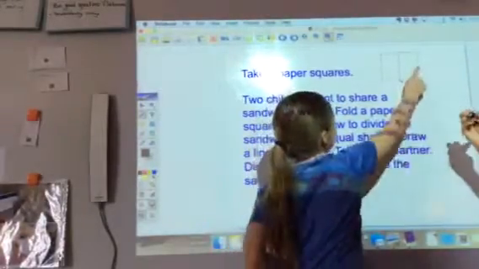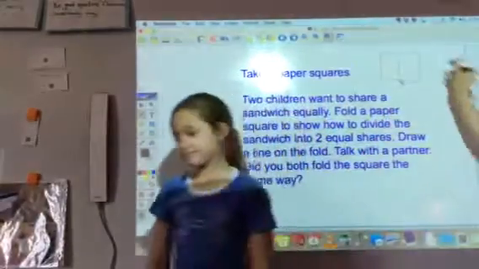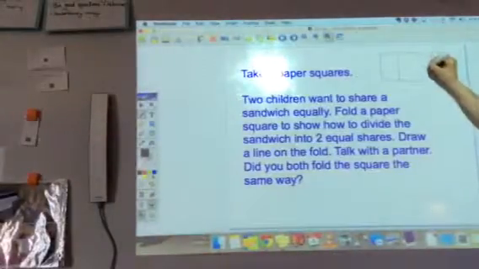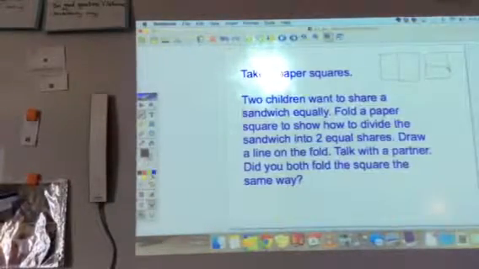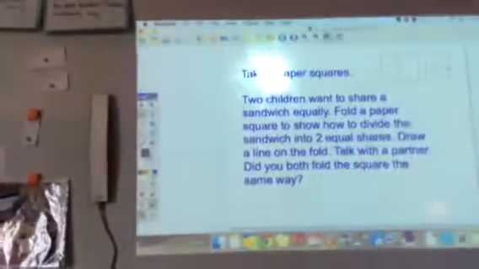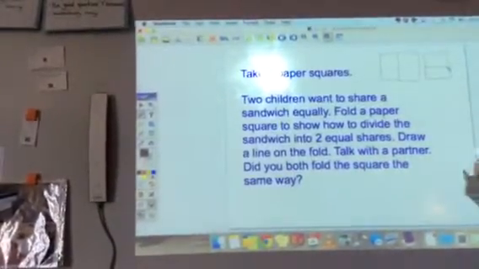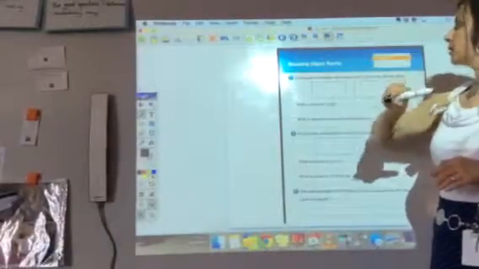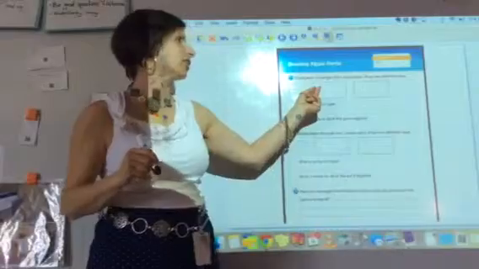Okay, so now go that way. You could go this way, she said, and it would still be 2 equal squares. Is she right? She is right. And another way, diagonal. No, those are not 2 equal squares, those are 2 equal triangles. 2 different ways. Okay, so today what you're going to be talking about is dividing these rectangles into 2 separate